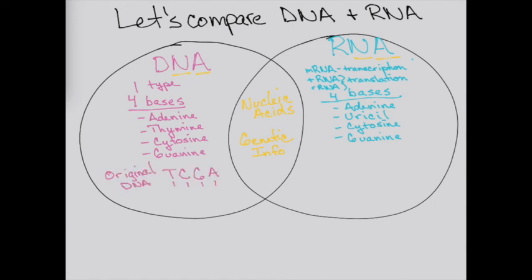All right, so if the original DNA strand was TCGA, what would we pair with it? If we were going to make new DNA, we'd pair an A, right? A G to a C to a G, and a T to an A. That's how basic base pairing works for DNA. If it was RNA, if we had an original DNA strand, we'll take the same one of T, C, G, and A,